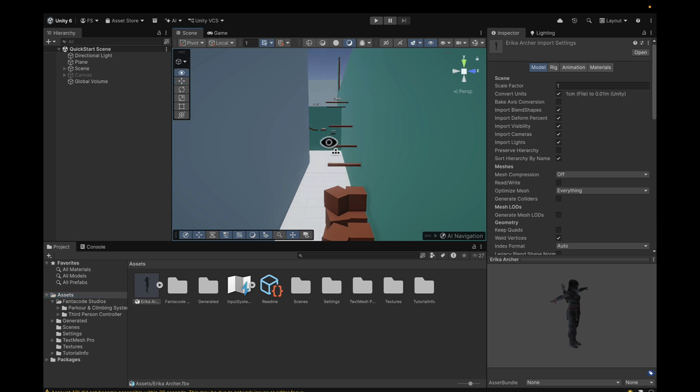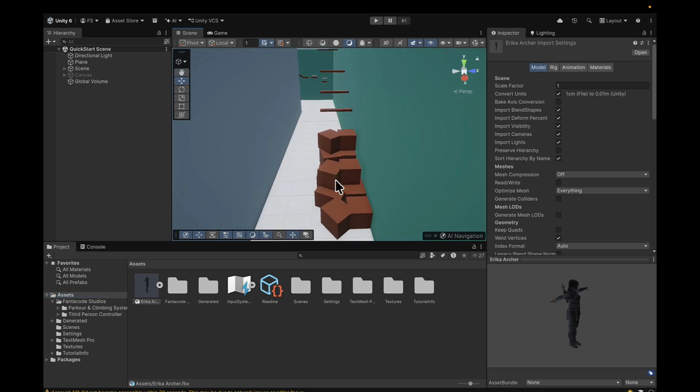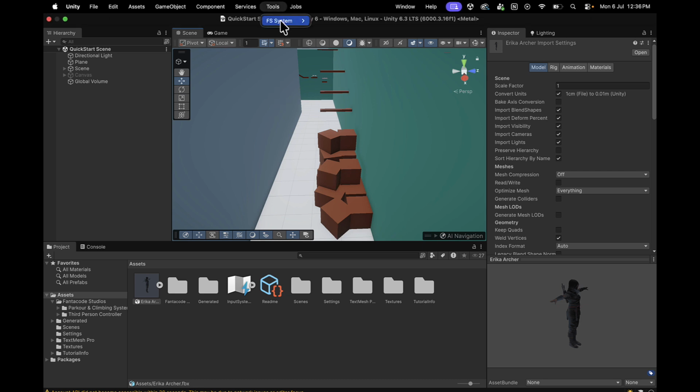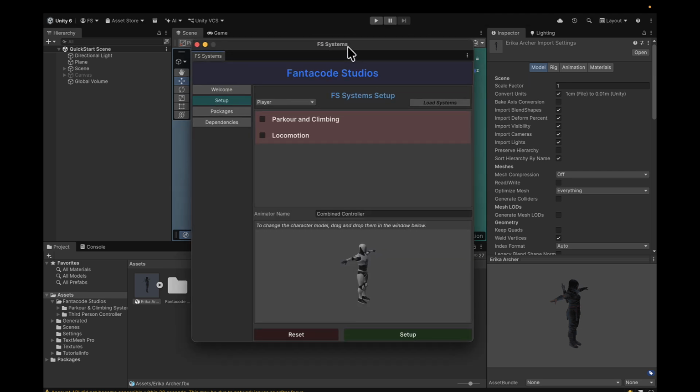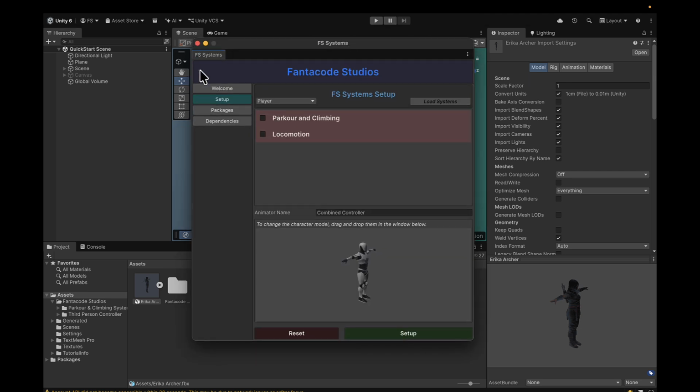So first, let's create a player character that can perform parkour and climbing. To do that, I'll go to Tools, FS System, Parkour, and click on Create Character. All right. So this will open up the FS System setup window. And from here, I'll check parkour and climbing and locomotion, since we want this character to be able to perform